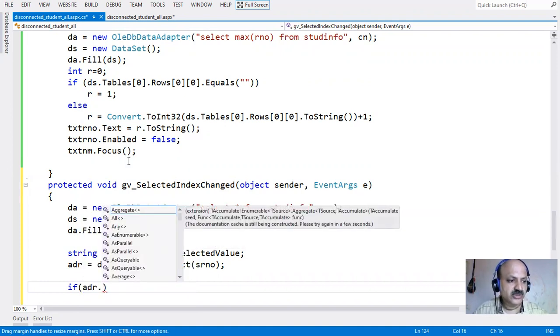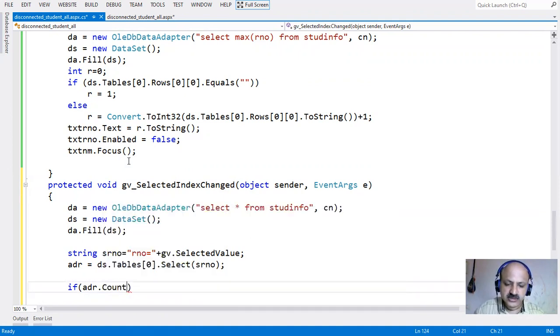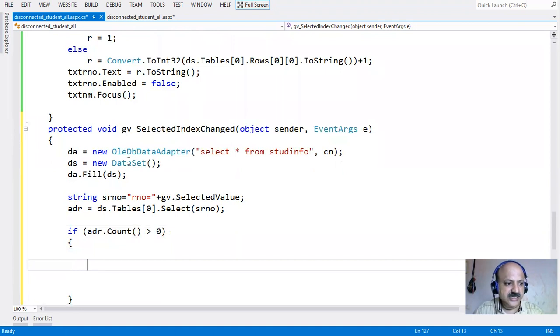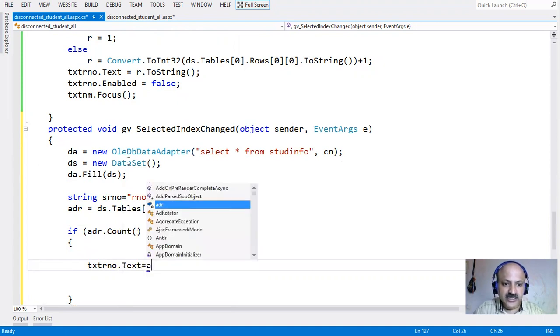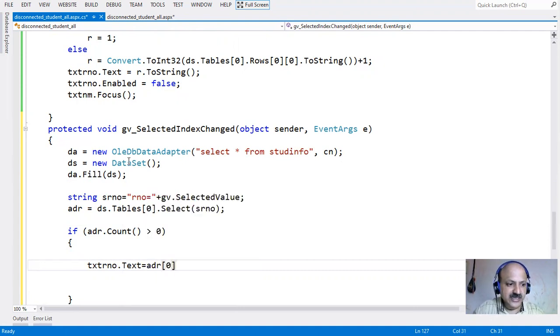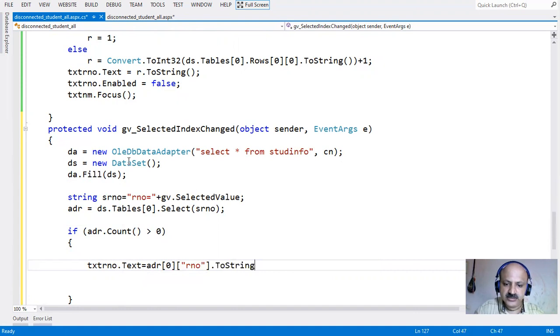So the number of records we select is count, and greater than 0 means the record is selected properly. Now step by step, like the roll number text box dot text, we assign the appropriate ADR, zero index, and then the column name, for example RNO, dot ToString.